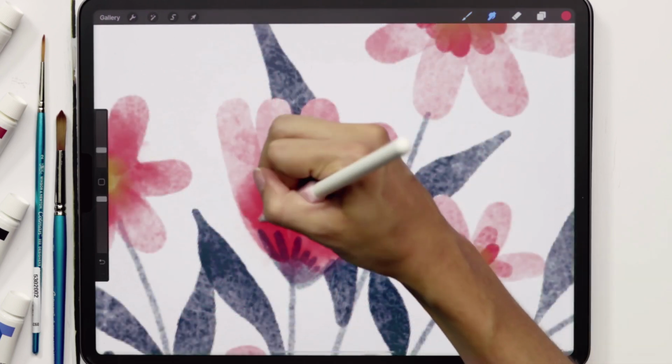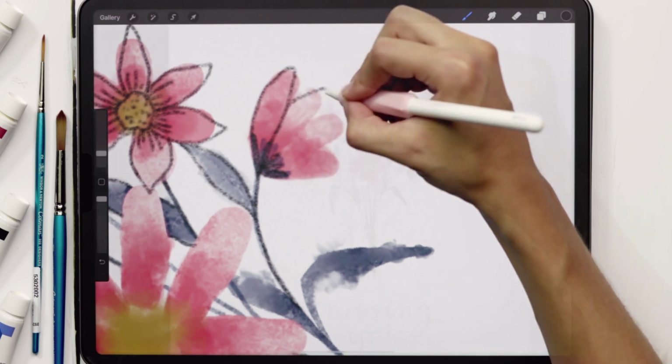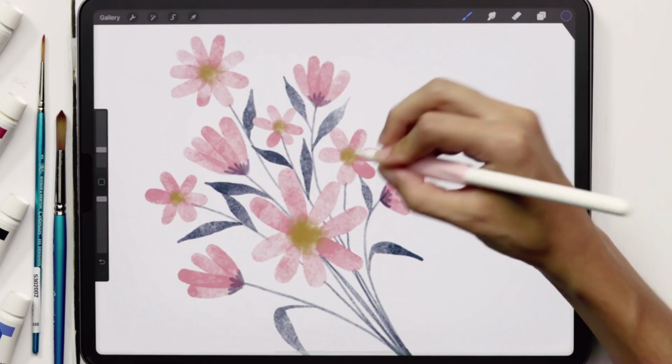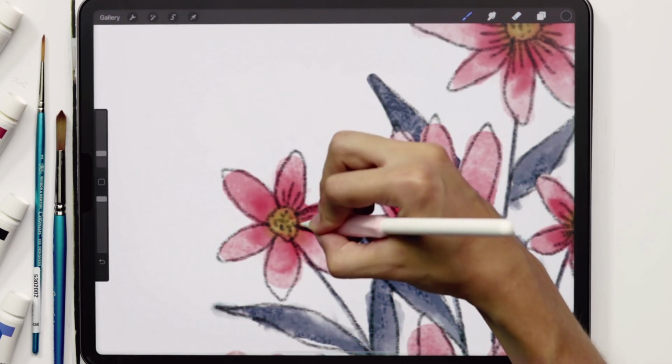In today's tutorial, we'll be painting a little bouquet of messy watercolor line art florals, all within Procreate. In this week's video, we're going to freestyle some simple watercolor florals, then finish them off with line art and